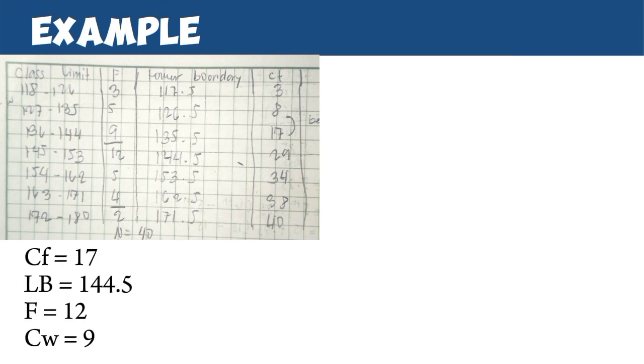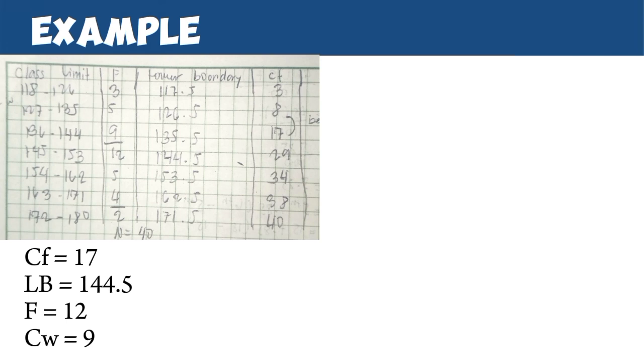Now, we were looking for cumulative frequency, lower boundary, frequency, and class width. So the cumulative frequency is 17 because the value of k times n is 24. So 24 is under in the 29, and before 29 we have 17. So the cumulative frequency is 17, and the lower boundary is 144.5 because the value of Kn is 24. So the 24 is under in the 29, and the line of 29 is we have the lower boundary of